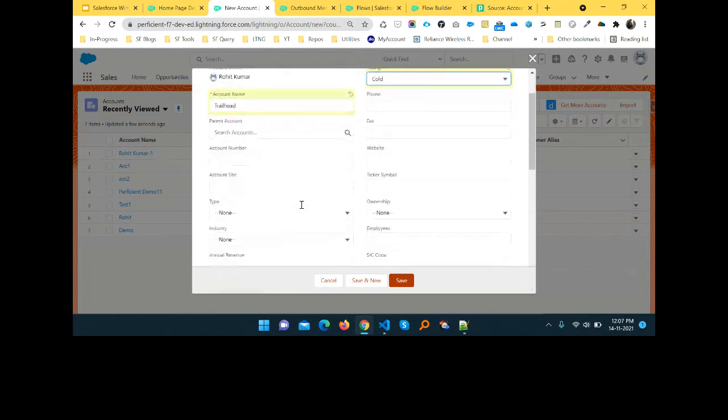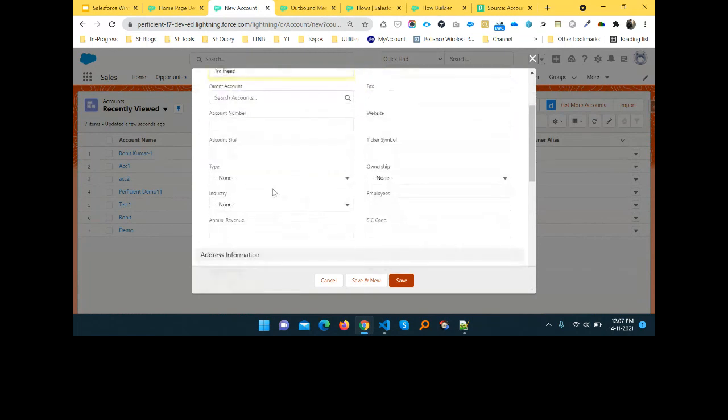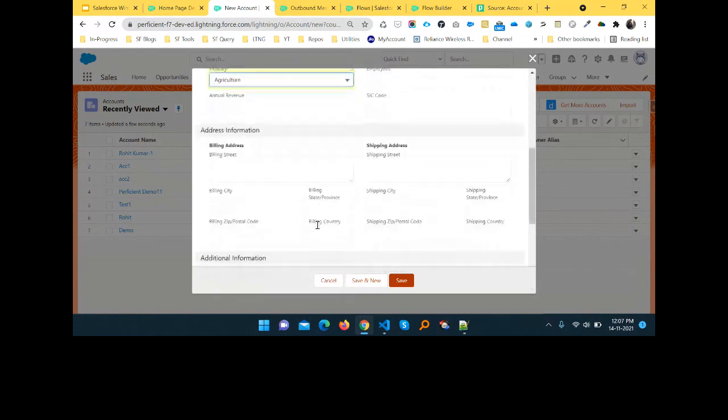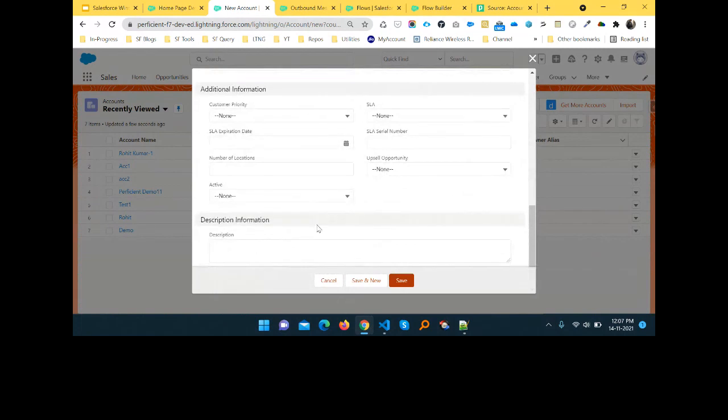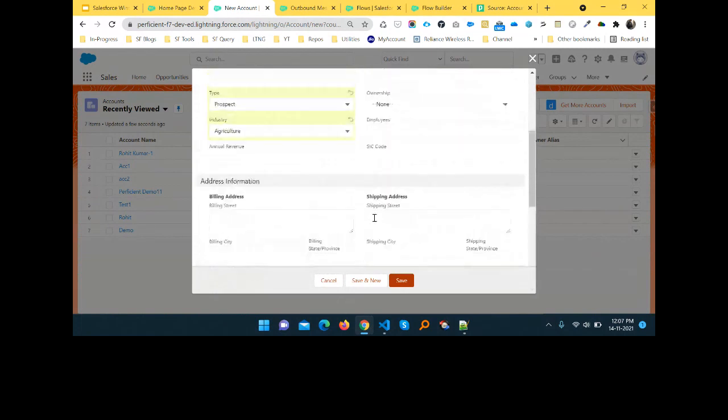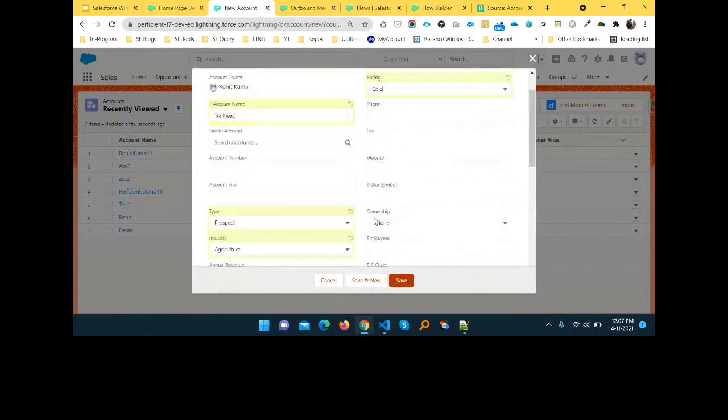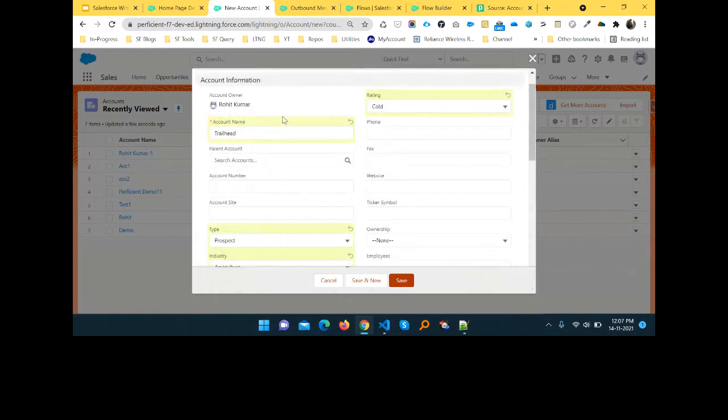I already selected active, years and industry, something like that. Type prospect, industry as you want, like agriculture, and active. You can see here active yes, industry we already selected, type also, rating, all the things we have already selected, because those fields should be visible in my endpoint.